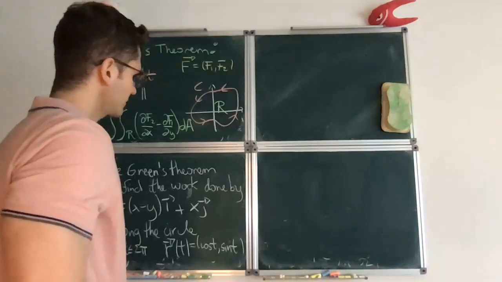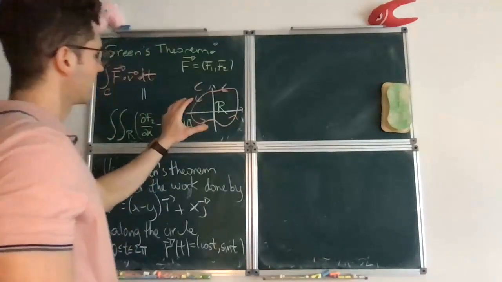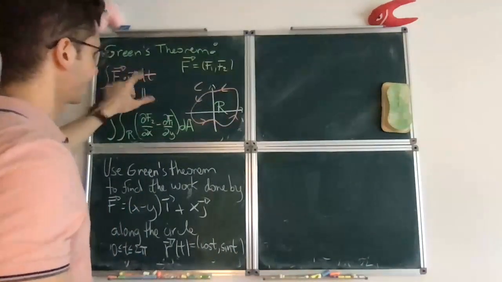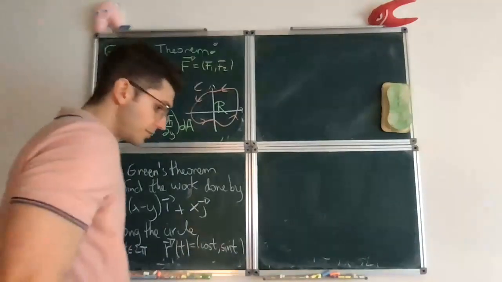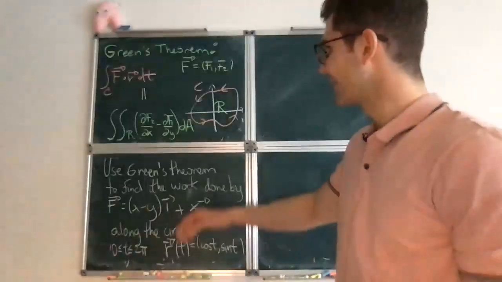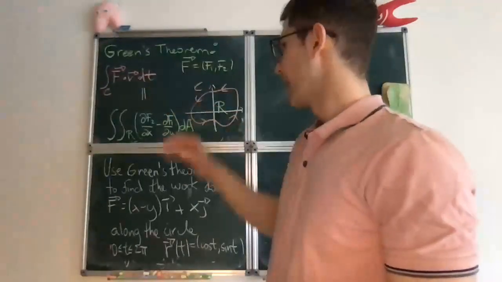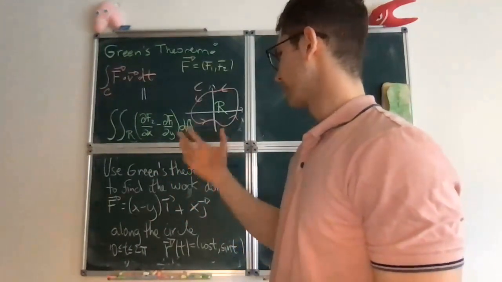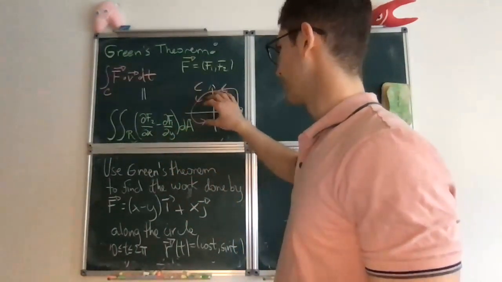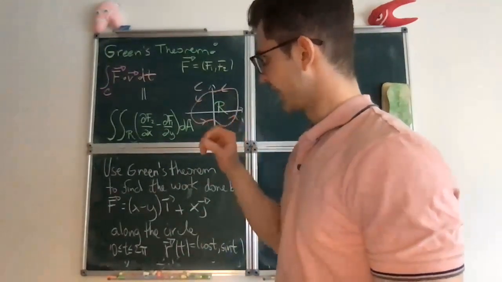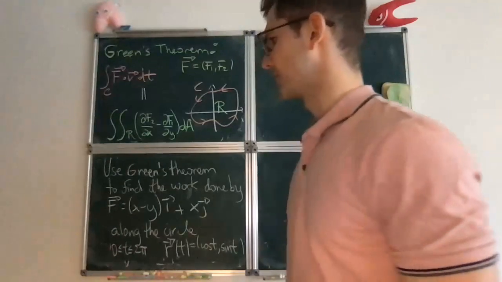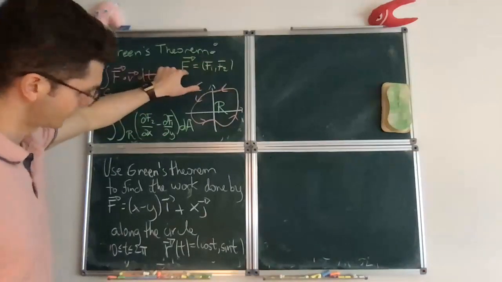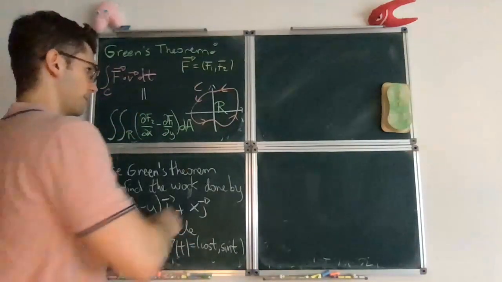But so the statement of Green's theorem is that the line integral, right? If you want to compute the work, you will need to do an integral of this form, right? And what Green's theorem says is that actually you can avoid doing this ordinary integral that we have been doing before, and instead you can just compute a double integral of something. You have to integrate some function on this region, and the function that you integrate is this difference of partial derivatives. So F1 and F2 refer to the two components of the force field that you have. So there's a vector field F,